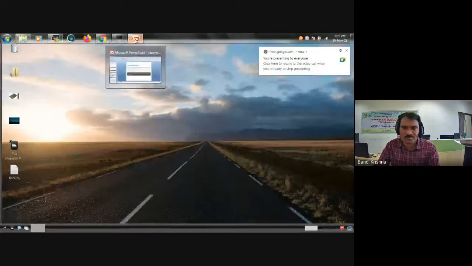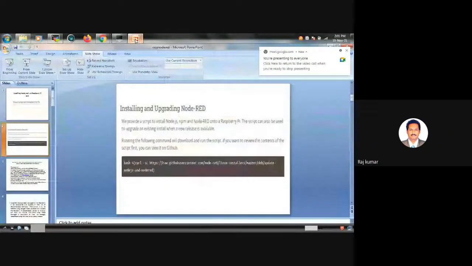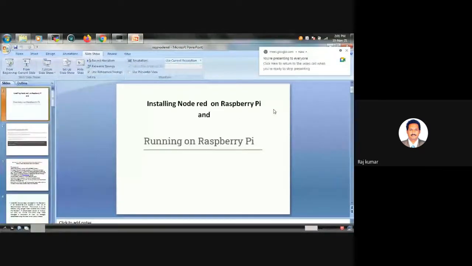Okay. So in the morning session, Sir has given a lecture on installing Node-RED, every historical thing about Node-RED and what nodes are available in Node-RED and so on. The main intention of IBM for designing Node-RED came from the concept of IoT only, but later it was shifted for general purpose also.